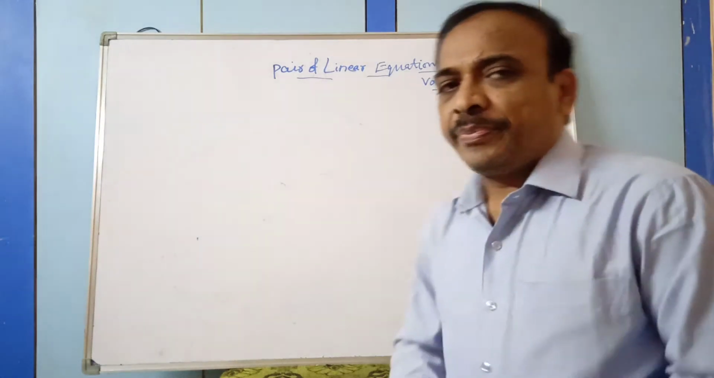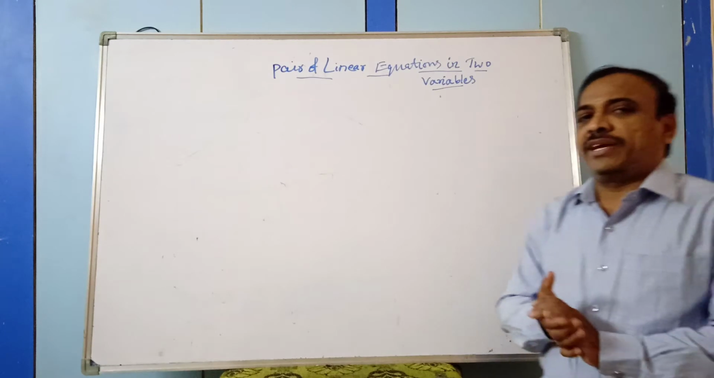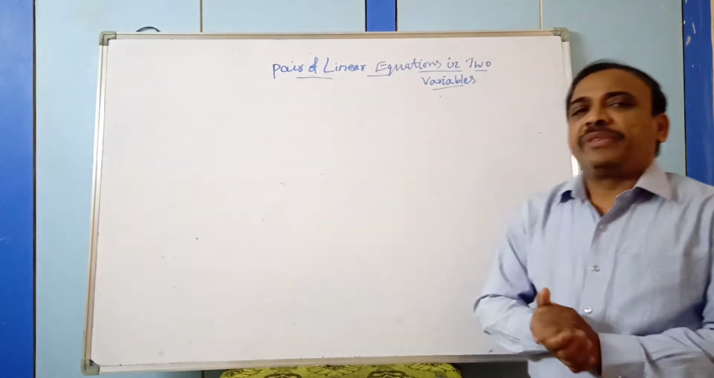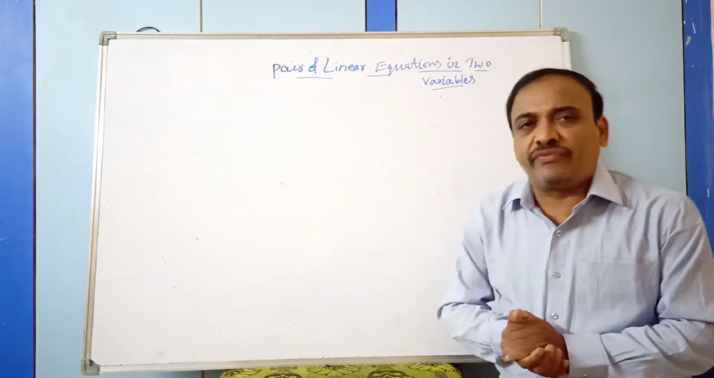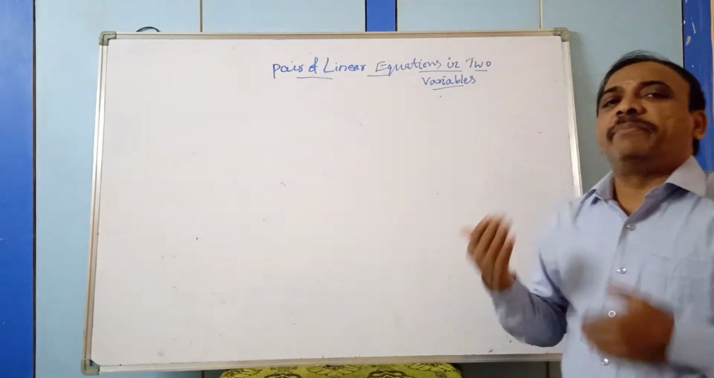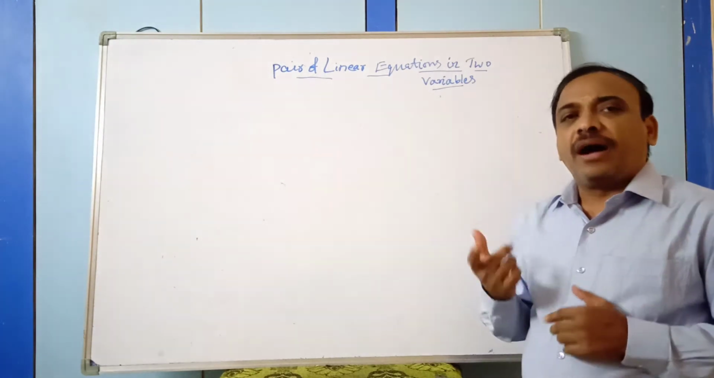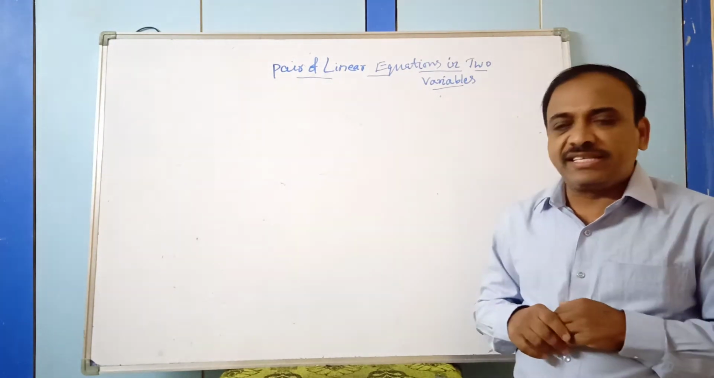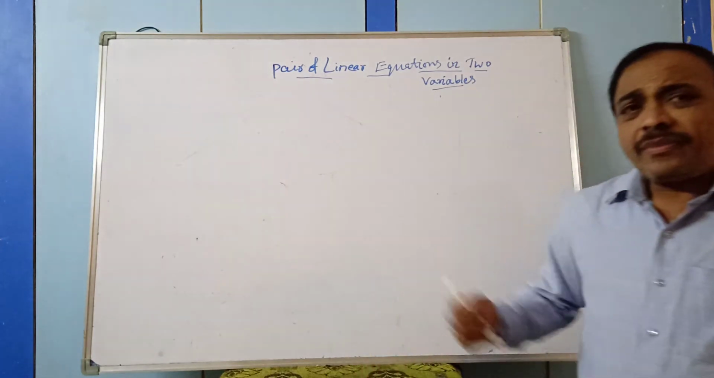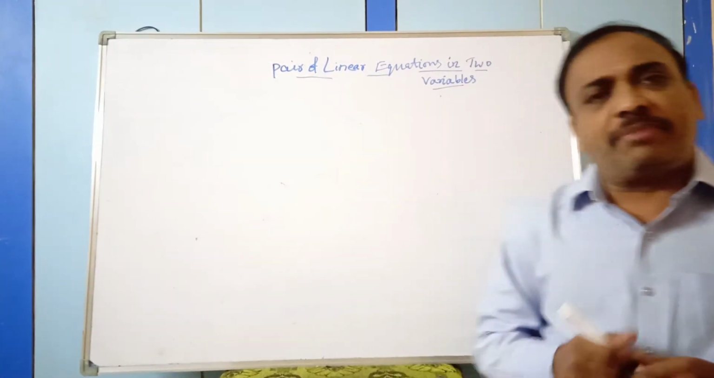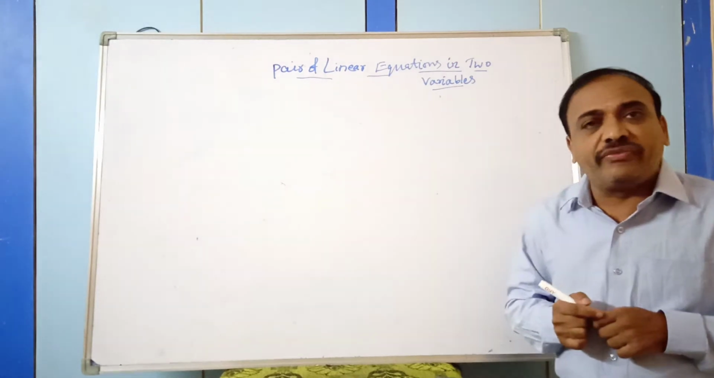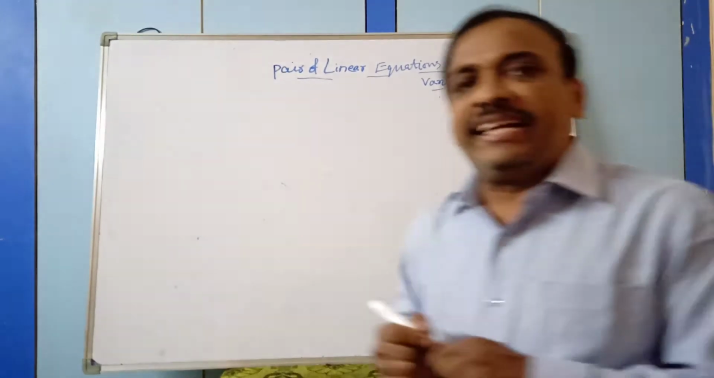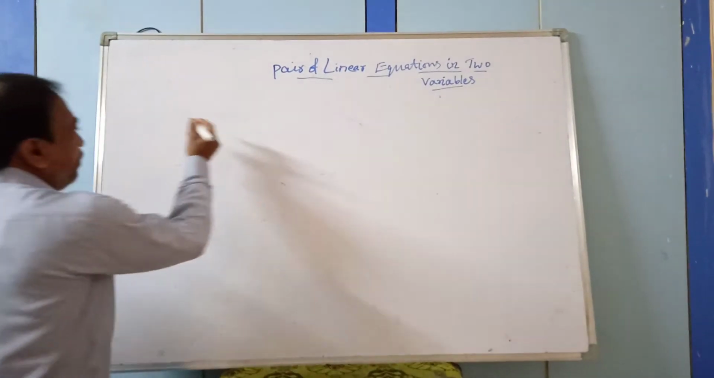Namaste children. I hope you understood what we have discussed in the previous session, that is about pair of linear equations in two variables. So lines can be intersecting lines or parallel lines or coincident lines. So a pair of linear equations in two variables can be represented graphically